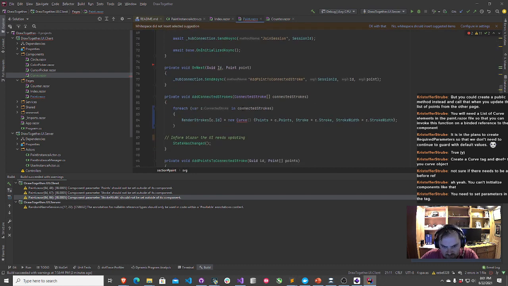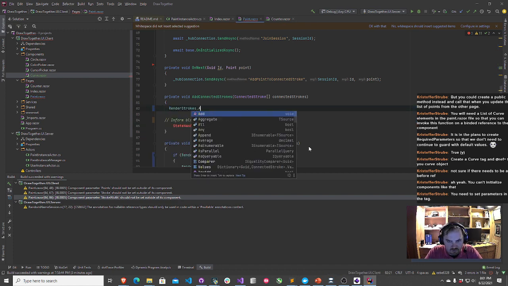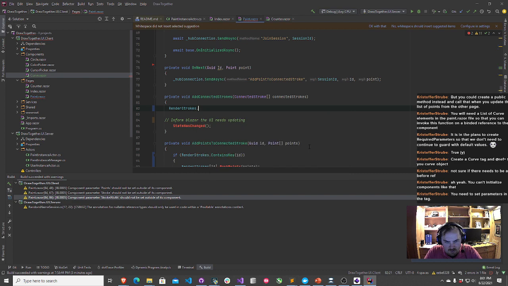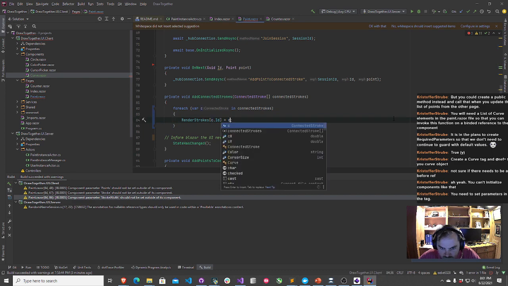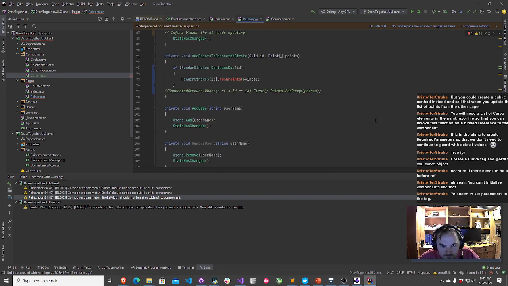Render strokes. Let's go ahead and do render strokes. Well, let me do this. Do it that way.